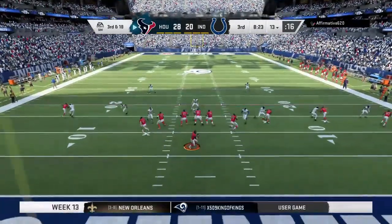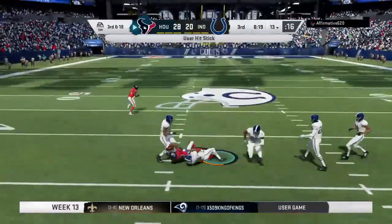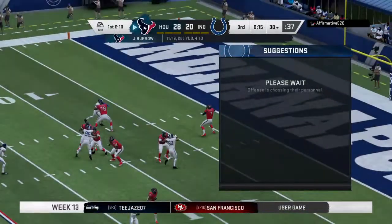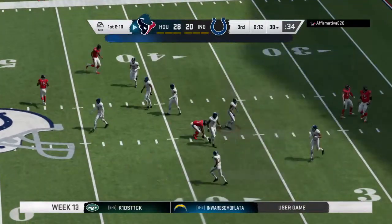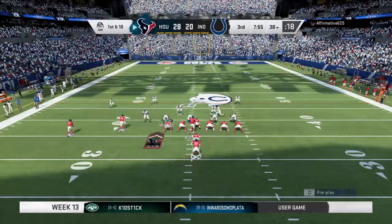Right there. Now back to throw. He is going to find Hill here. And way up past the 35 before he's taken down. 25 yards that time. Well, there's your leading receiver in the NFL in terms of yardage, putting on another clinic,